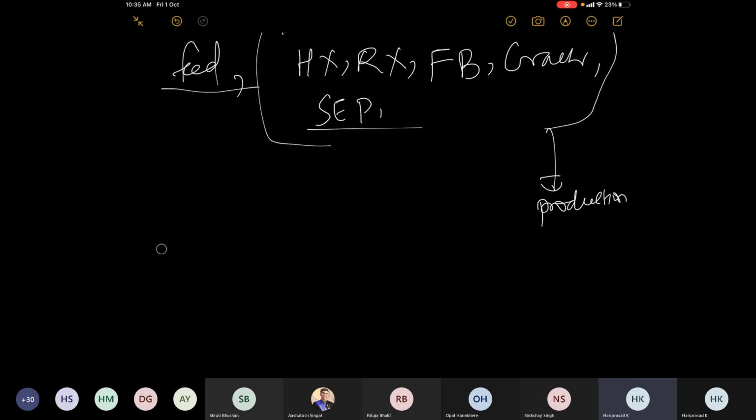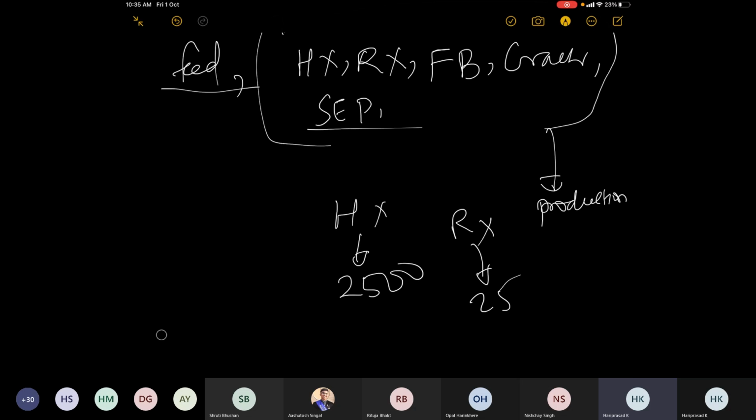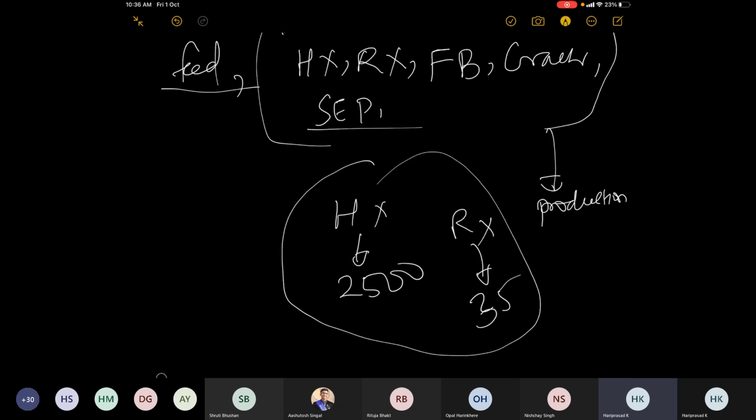For instance, if somebody visits Maruti Udyog and sees how they manufacture vehicles automatically, you would feel it, because it's such a huge line. And what you would really see is heat exchangers worth 2500 in a plant, everywhere heat exchangers. You would see some 25 or maybe 30 reactors, and this whole thing is spread over maybe